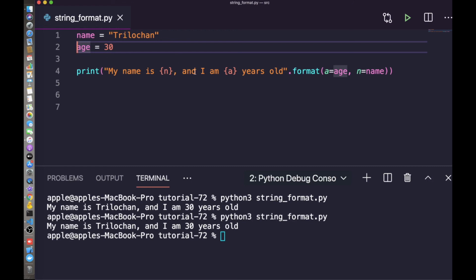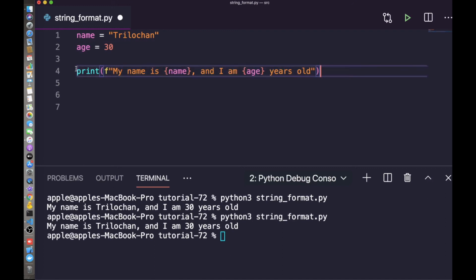However, this time we can insert the name of our variable directly. Let me show you. Here it is the F letter, and here you can see the braces with name, the variable name inserted directly. This is very readable and the best way to format a string in Python.